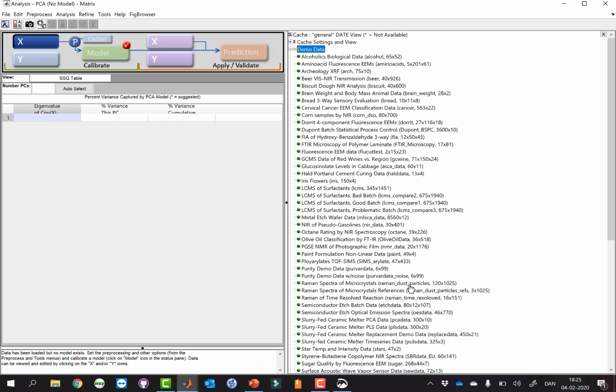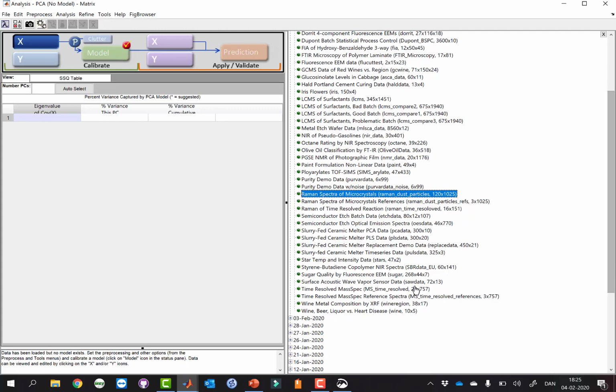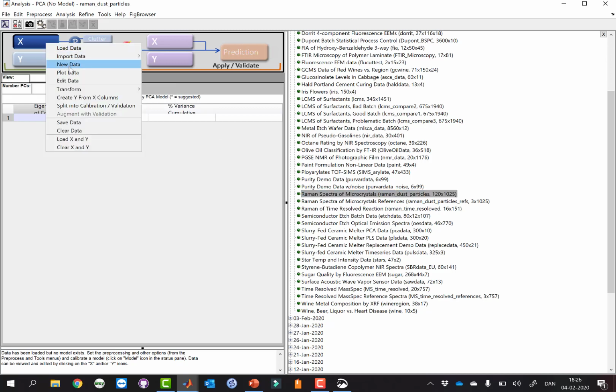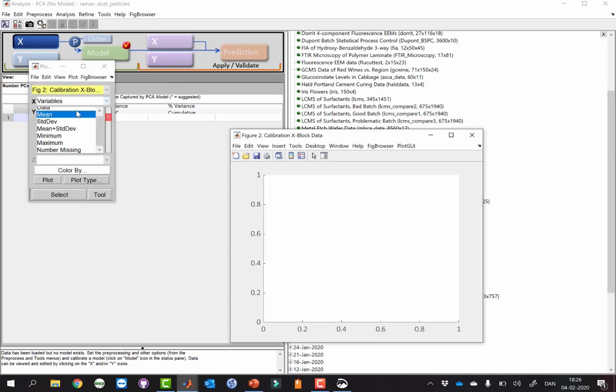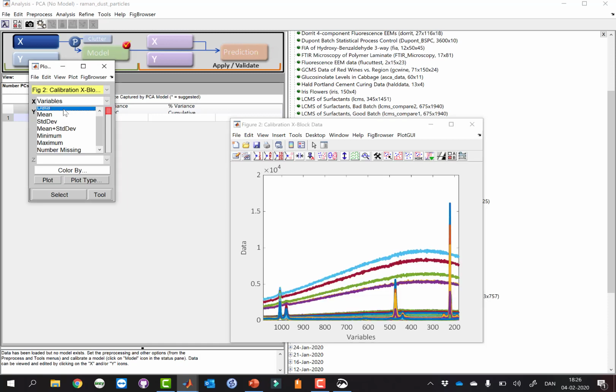I think it's this one. Let's try and load it. I'm just gonna double click on this one, and I wanna plot. Yep. So this is Raman spectra.